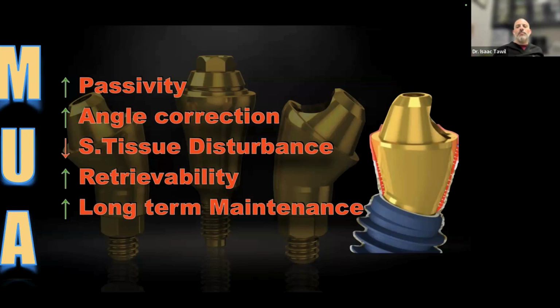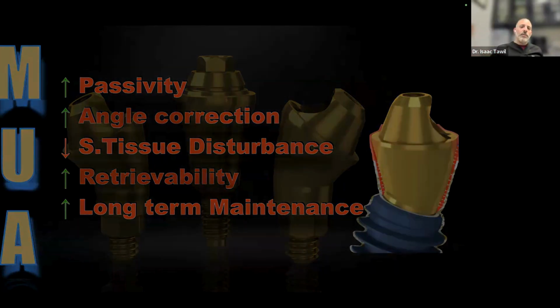They're not terribly expensive, and it's easy to get them out. If these screws break, I can get them out. Or if the multi-unit is damaged, I can change the multi-unit. It's kind of my fail-safe. So for those that like to go direct to implant, I just feel like they haven't done enough implants and they're worried that maybe they can't do an FP1 restoration. We do FP1 restorations all day long. Fixed prosthetic one, white teeth, no gingival replacement, all day long.